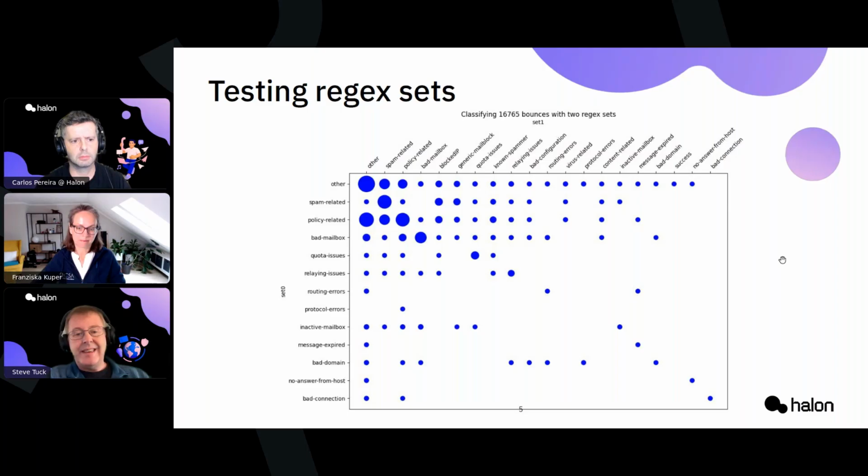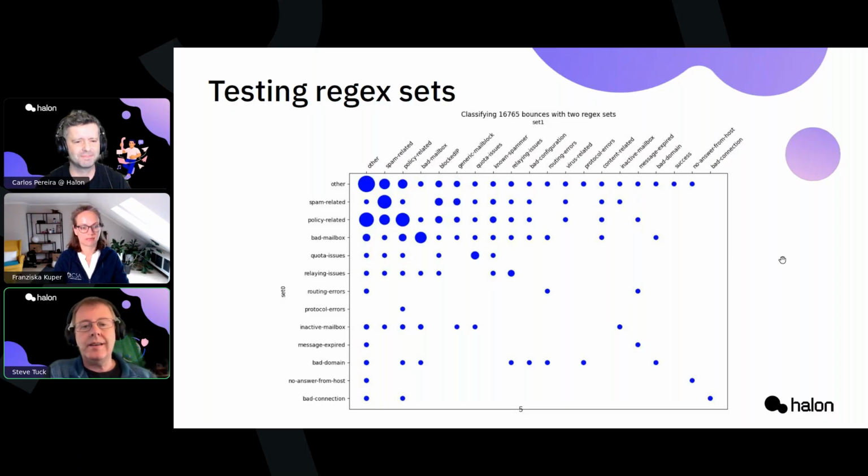And I see that here the majority of messages are landing in the categories of other, spam related, and policy related. There is a reasonable amount of agreement on these, but the other category is basically useless. You don't know what action to take. And even policy related, it's not that useful in today's world, particularly after the Yahoo changes. You should slow down the message stream, but what is the scope? Does it mean you should slow down the message IP, or should you slow down the sending domain, or just that particular campaign and job ID? Next slide, please.